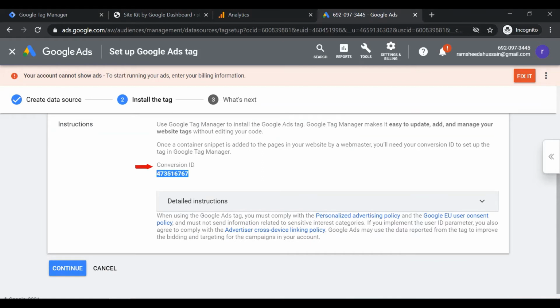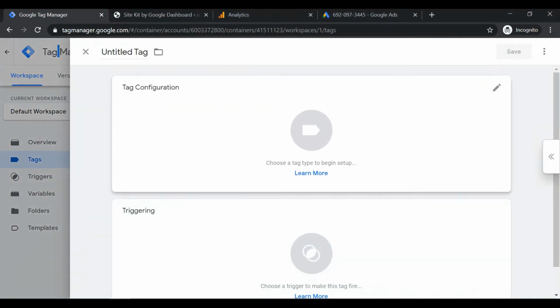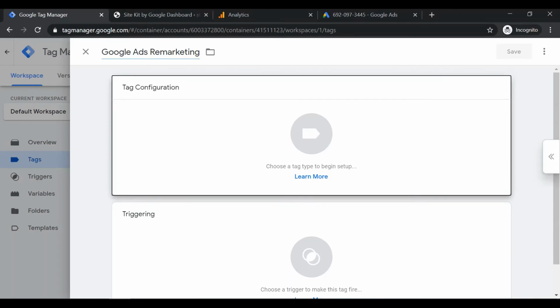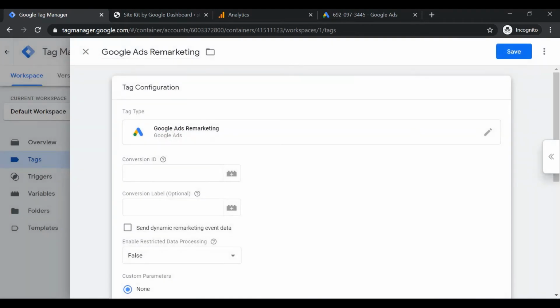Now we need to head to Google Tag Manager. We need to create a new tag. Let's name the tag Google Ads Remarketing. Select Tag Configuration. Choose Google Ads Remarketing as the tag type. Now we need to paste our conversion ID.